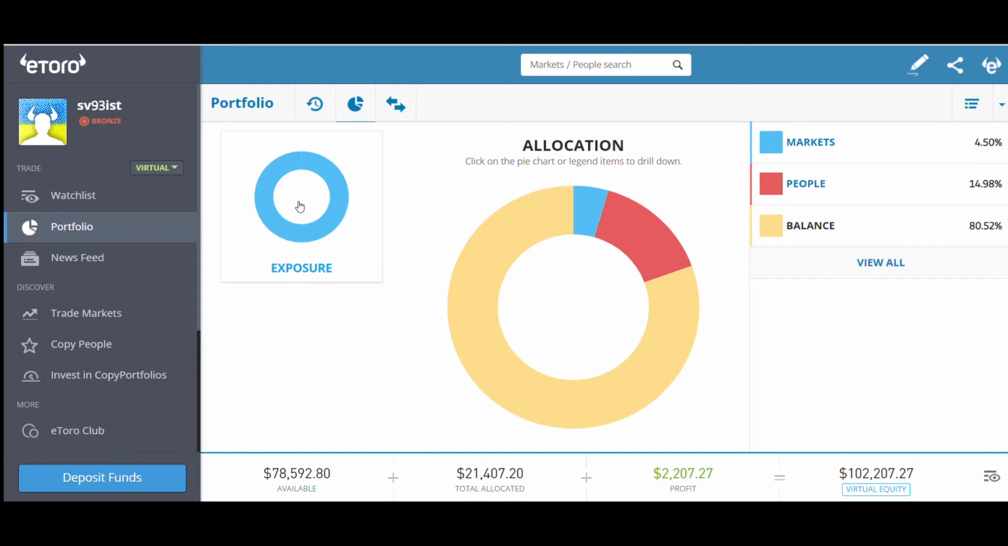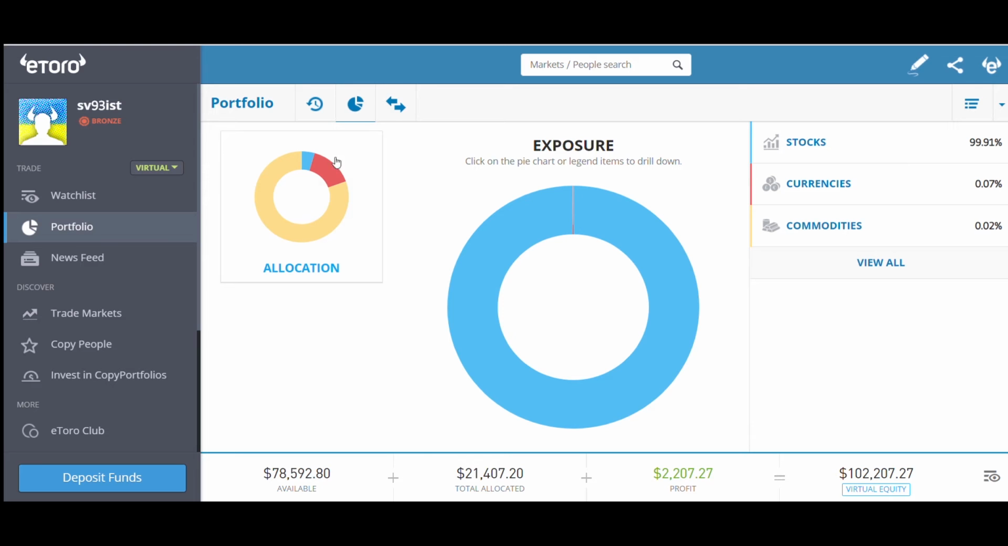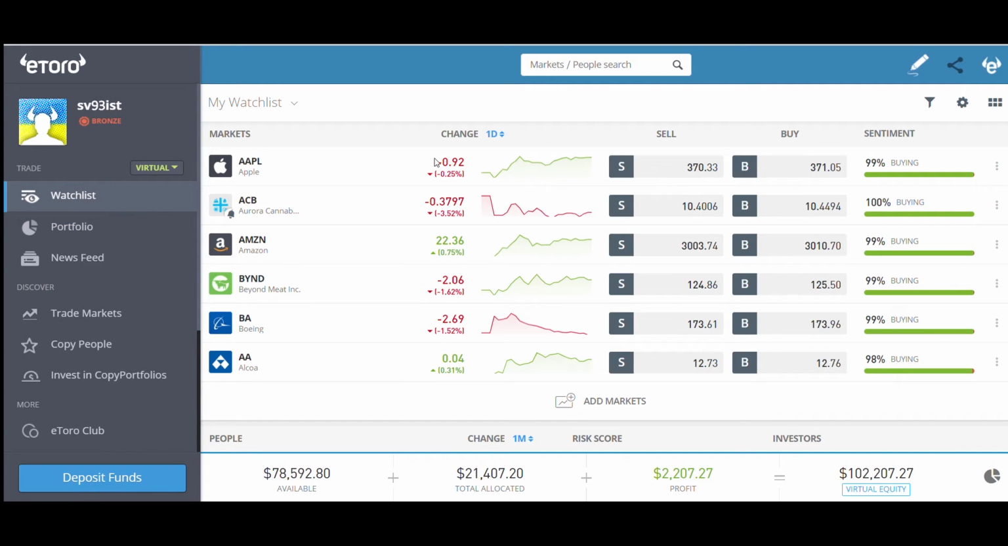So markets, people, balance, so whatever diagrams you need to see, everything is available. If you want to buy any stock, you just go to Watchlist if you were watching, or just search in this field. For example, let's say we want to buy an Amazon